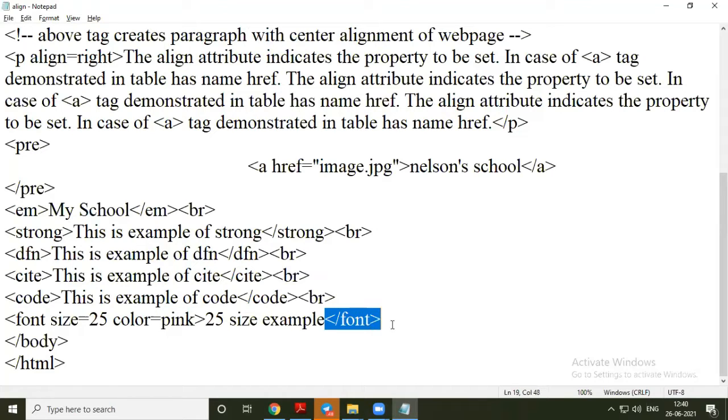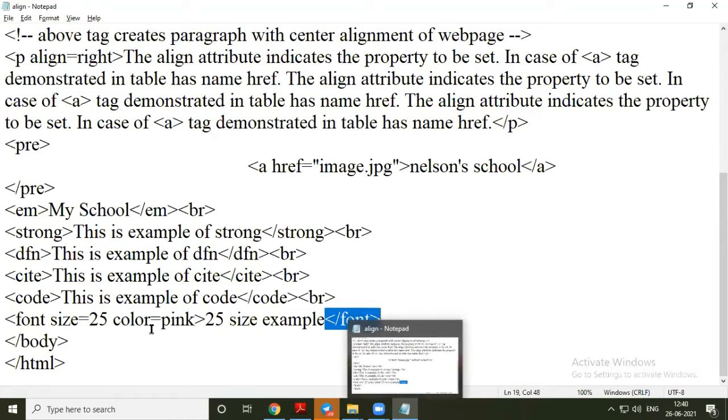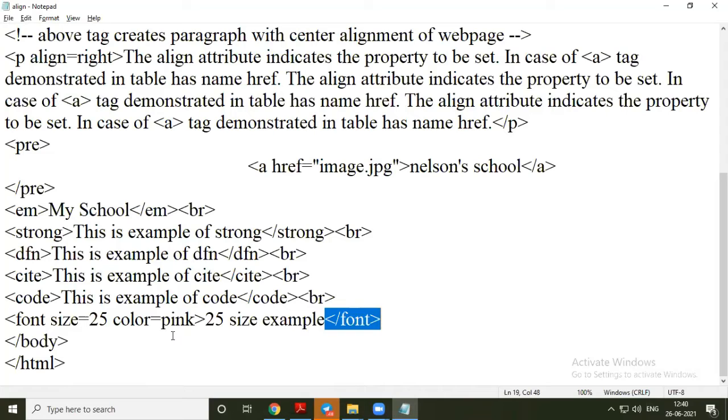It is compulsory to close this font tag, because if I don't want this effect of 25 size and pink color on the next line of text, it will otherwise come automatically, this same setting for all text, if we don't close it.